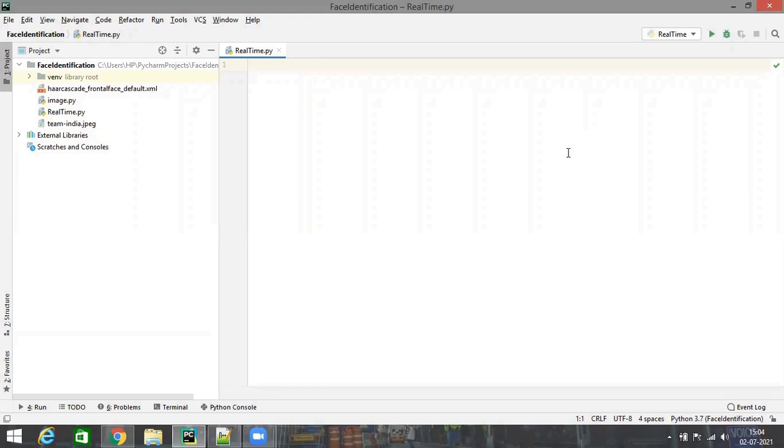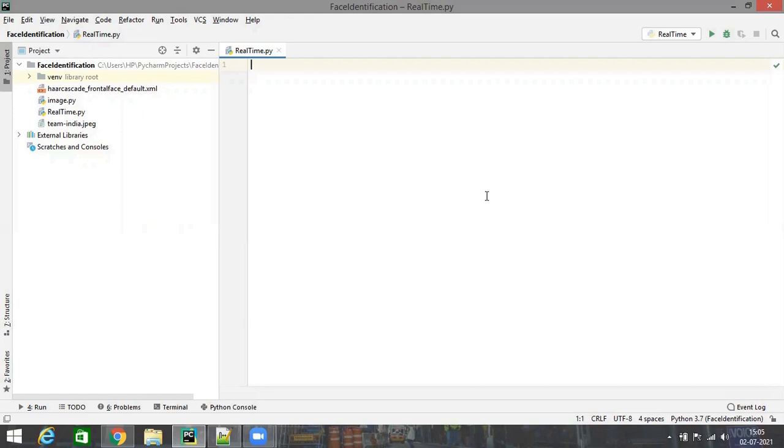So once the classifier is trained, we can apply it on the images or a video frame to identify any region of interest. Let's say we are trying to build a system to detect cars. We can train the classifier on the features of a car, and then we can apply that classifier on any image to detect a car. So let's see how we can do this in Python with the help of the OpenCV module.